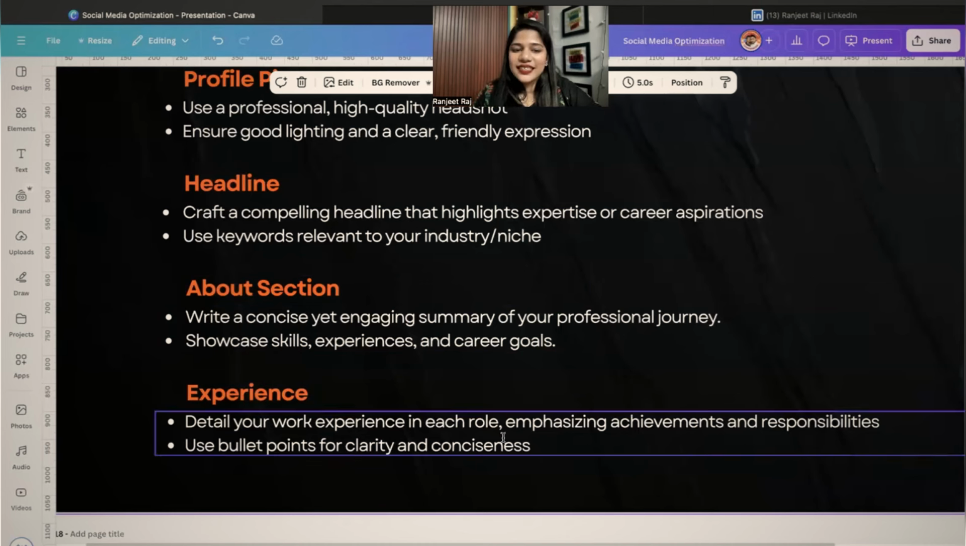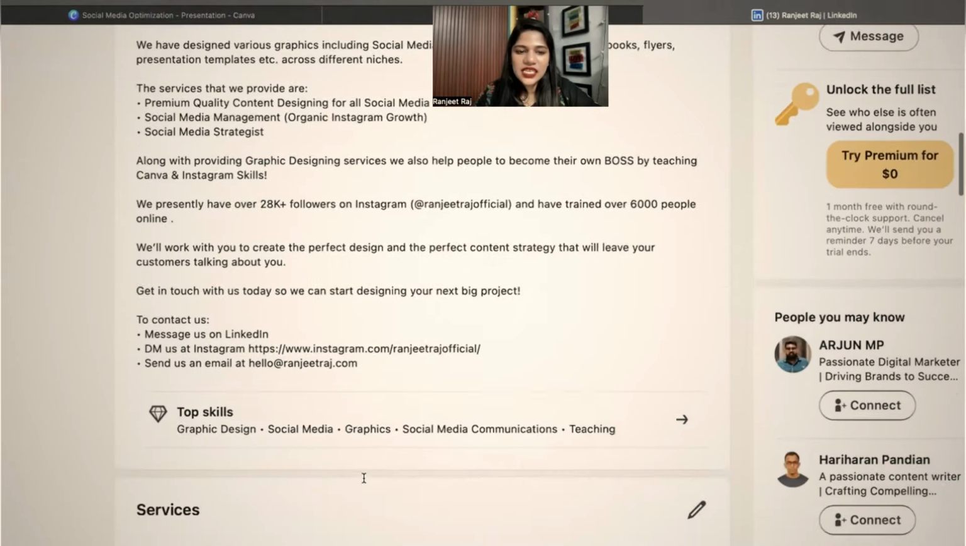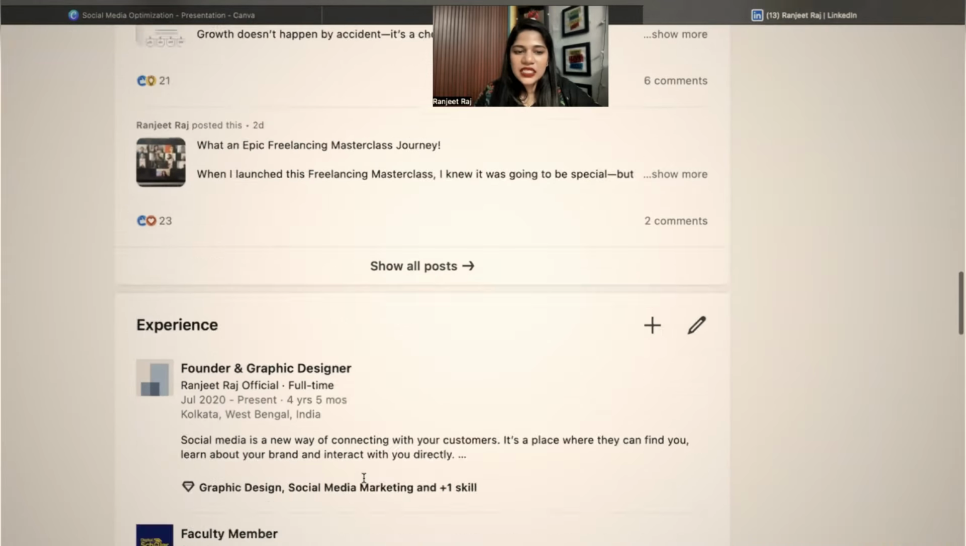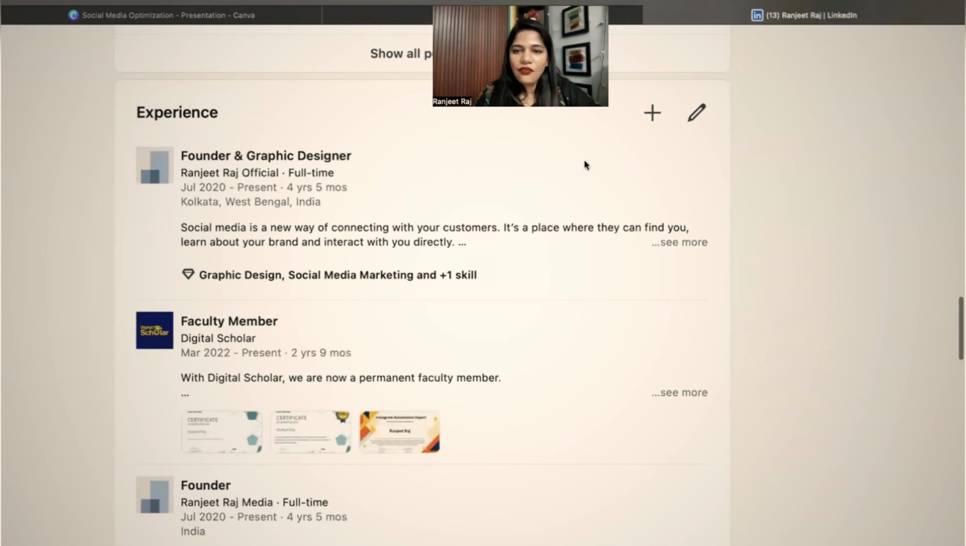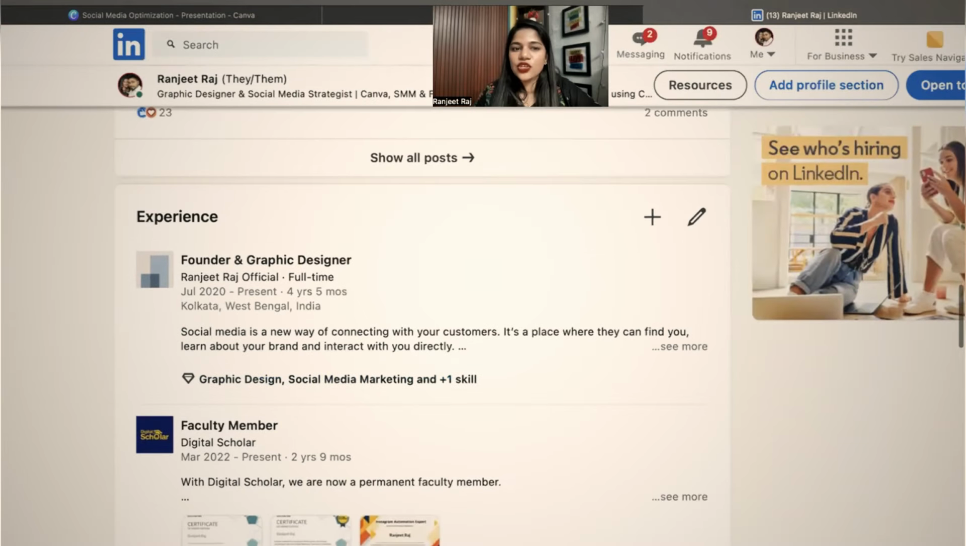Detail your work experience in each role, emphasizing achievements and responsibilities. Use bullet points for clarity and conciseness. If you go here, you will see that for all the experiences I have mentioned, I have written that here I was doing this, here I was doing this, here I'm doing this. Whatever I've done, I have mentioned it over here. So if you are someone who has worked with multiple people and gained a lot of experience,